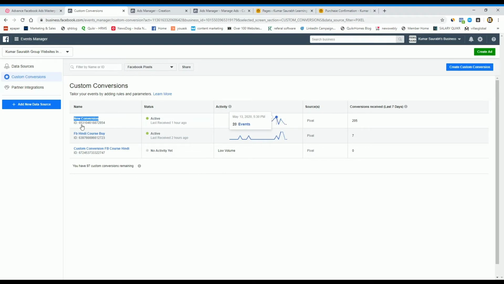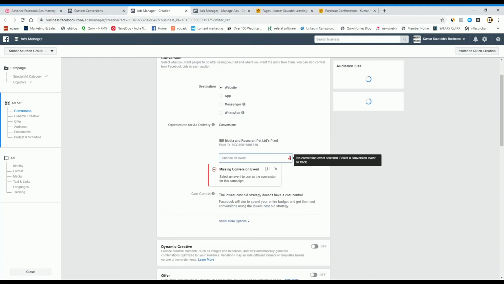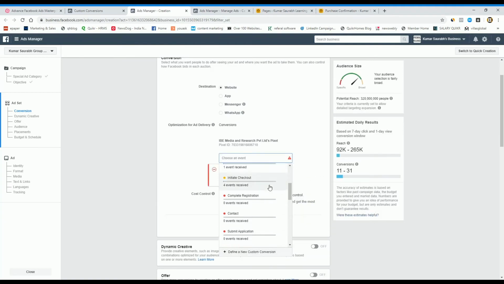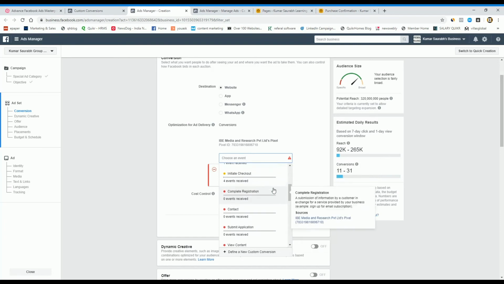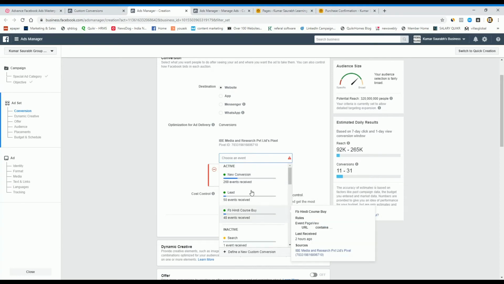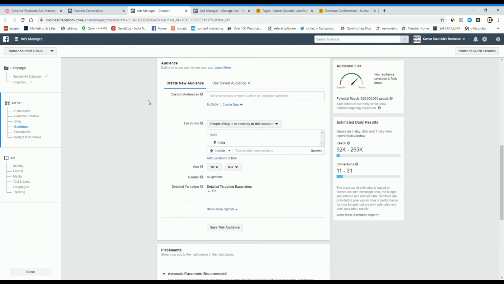So I have another, and I'll select it from here. I'll select a new conversion, and then I place the advertisement.